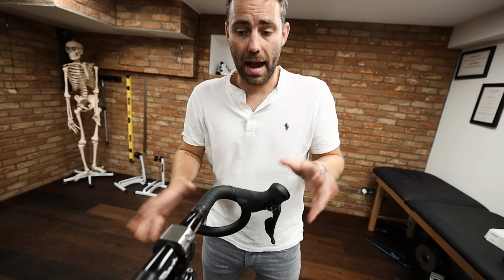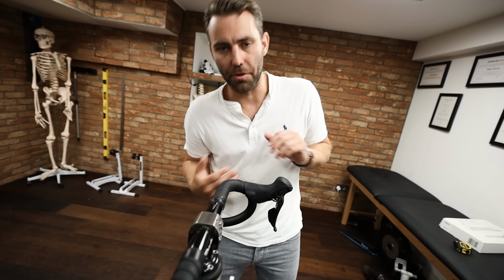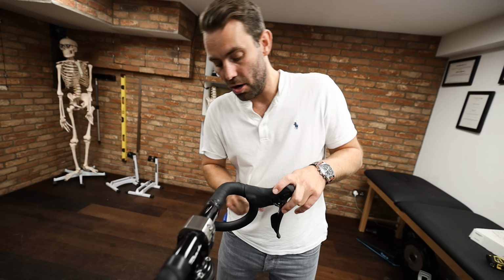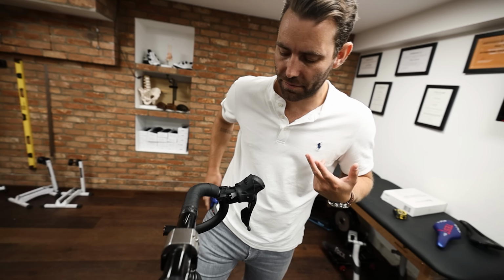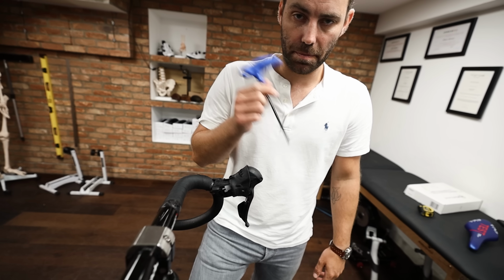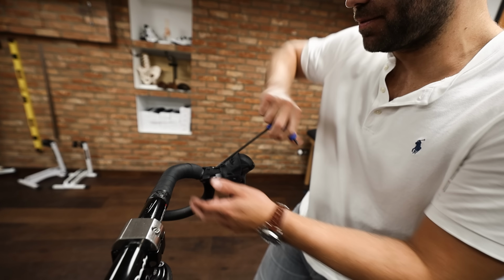Once you set your handlebar rotation, what we're probably going to need to do is unwrap the top of the handlebars. I don't have to do that in this case, but we're going to unwrap all the way along the bottom, all the way across the tops, right to underneath the hood, and we're then going to peel the hood back. This is the case for most Shimano, most SRAM shifters. Peel the hood back, take a 5mm Allen key. It's easier with a T handle like this rather than a multi-tool, and you're just going to loosen it off